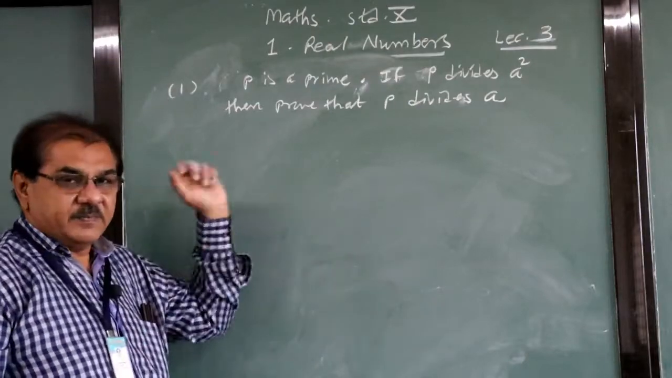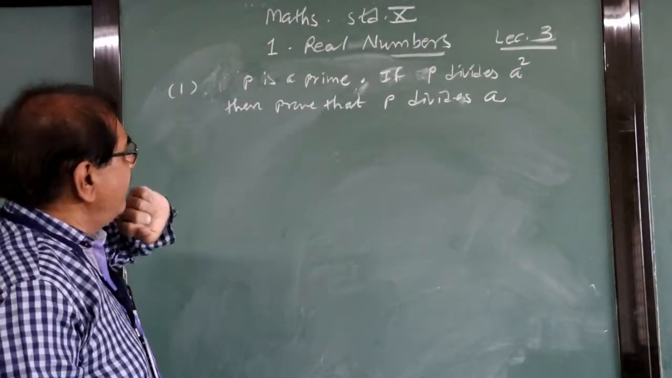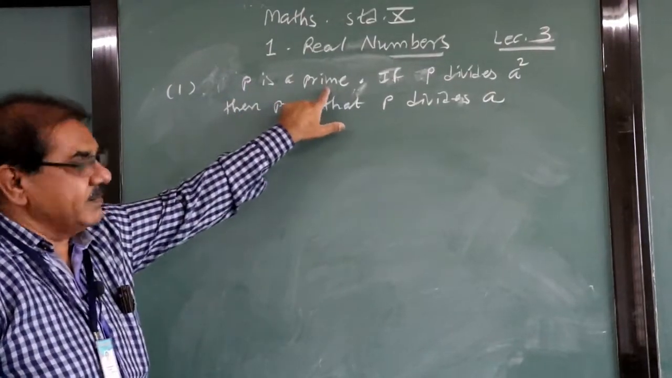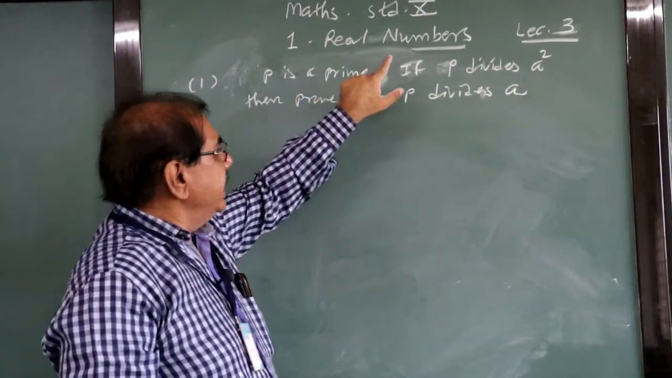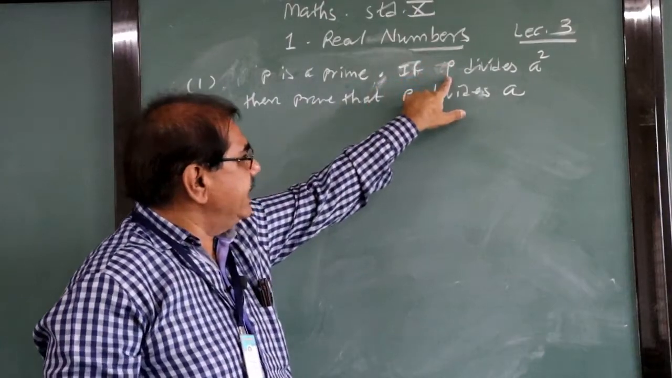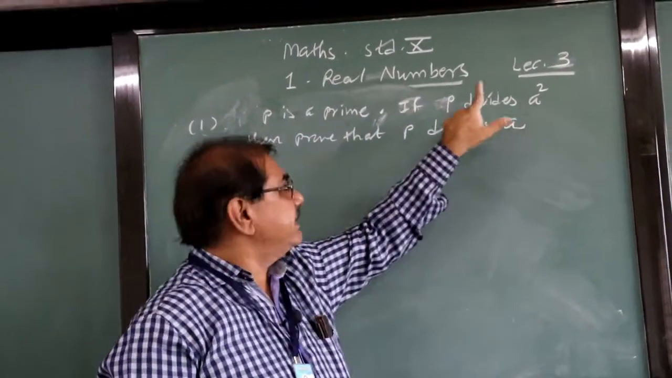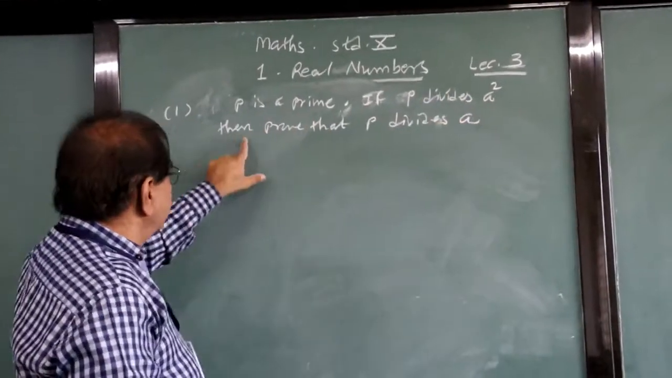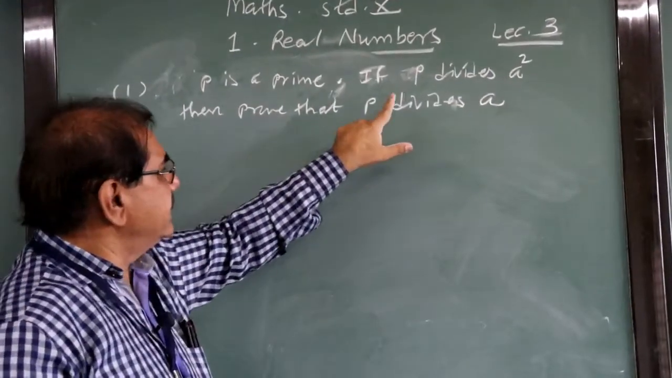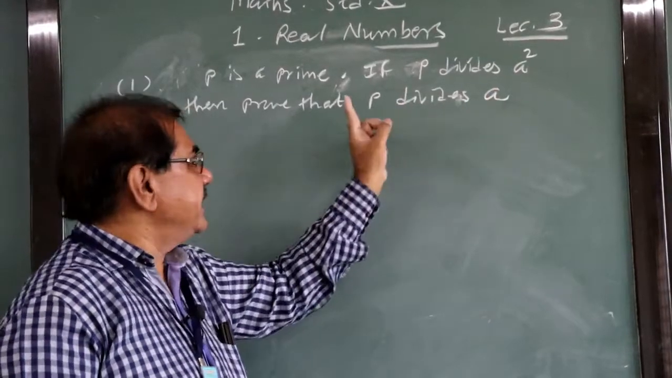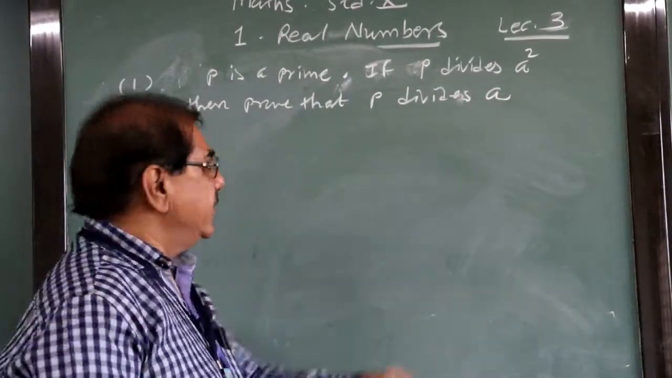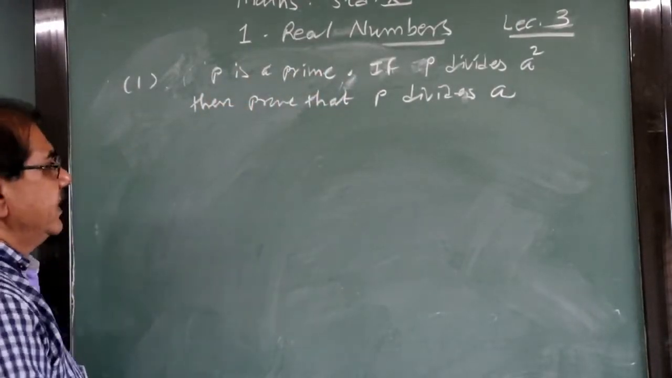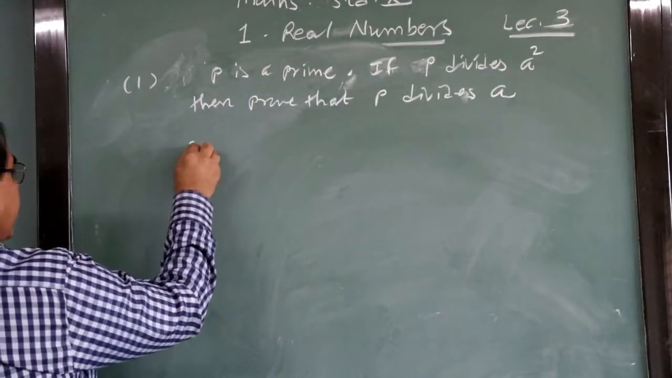Now we go ahead in this chapter and we have one question here. P is a prime number, it is given. If this P divides a square, means P is a factor of a square, then prove that P is also a factor of A, that is P divides A. This is your question, okay? And P is a prime number that we know. So first of all, we suppose